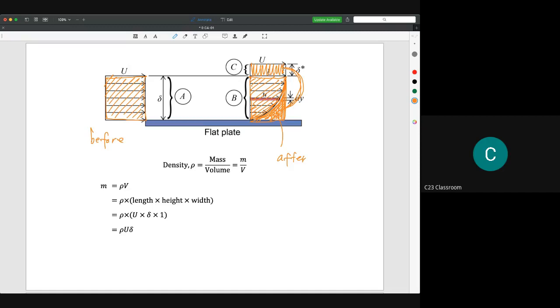So we imagine there is an imaginary thickness on the velocity profile that will be equal to the mass before the fluid enters the flat plate. Okay, that's why we call it the displacement thickness. So the main purpose of this calculation is actually to conserve the mass of the fluid. So the idea is,